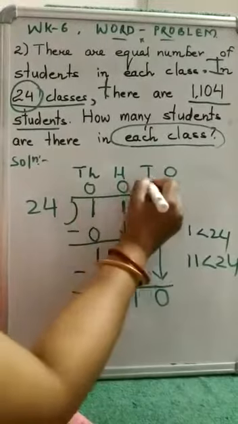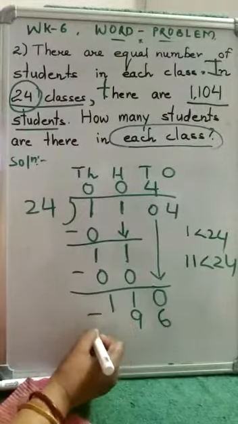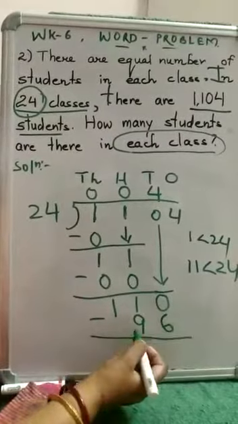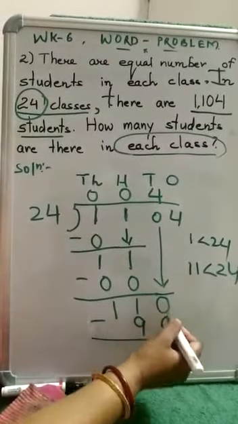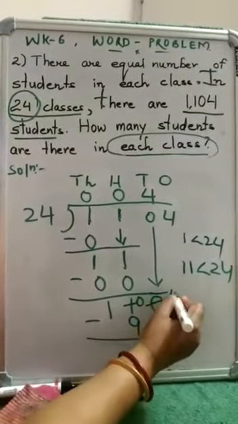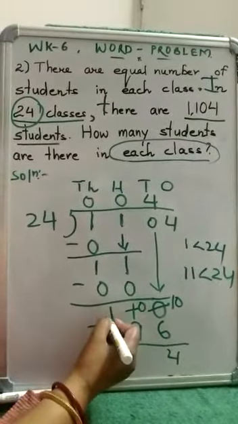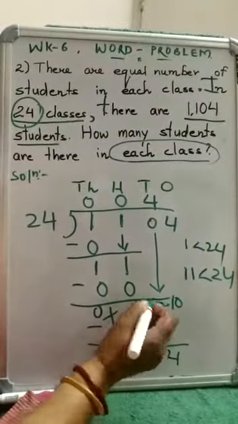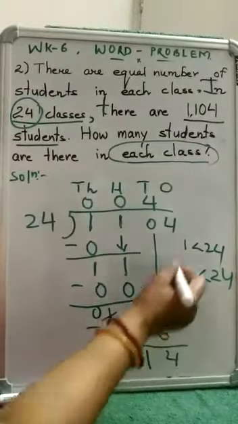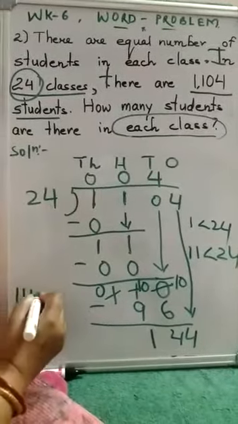110. Now 24 4s are, 4 4s are 16, 4 2s are 8, plus 1 is 9, 96. Okay, 4 times 24 is 96. Now I will do subtraction. 0 will become 10, so 1 is reduced to 0. Now I will borrow from this one, it will become 0 and this will become 10. So 10 minus 9 is 1. So we get 14. Now I will put down this 4 over here. Now it becomes 144. Okay.